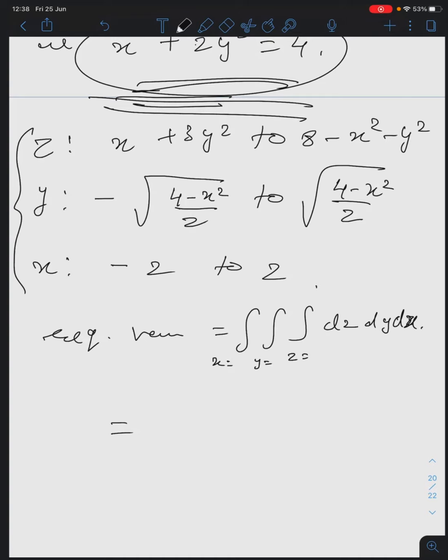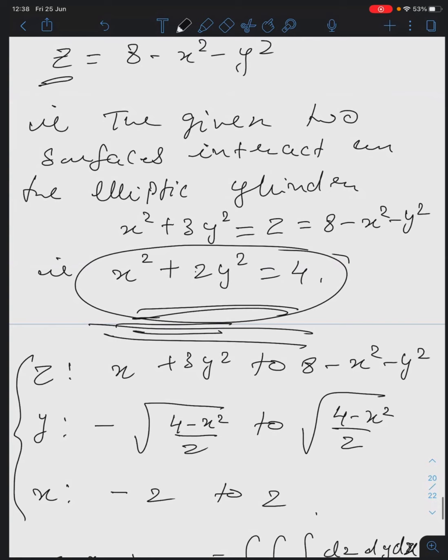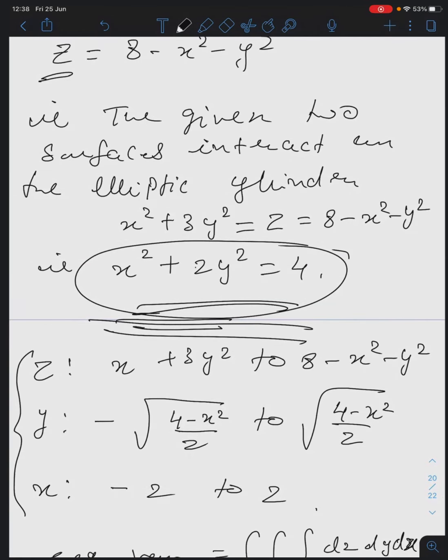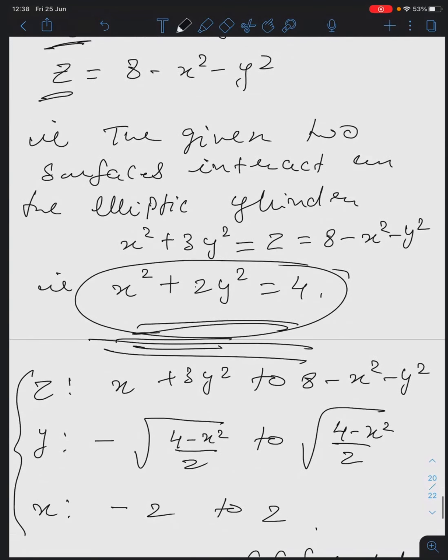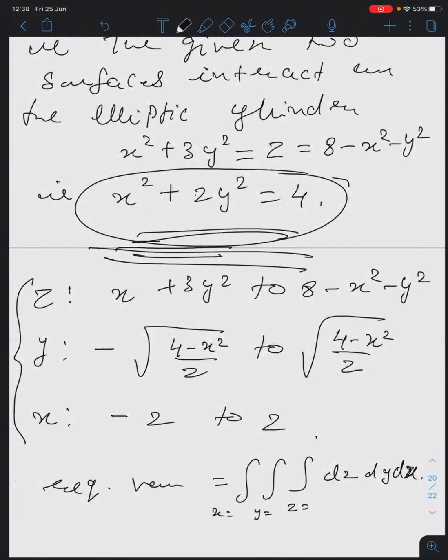Nobody else did this problem? No one else did this one? See, sometimes it may not be possible, because to draw all these things you should have good knowledge about curve tracing, which you have not learned at all. So at least based on the given curves itself, you can find the limits. Okay, anything else? No one solved this problem? Please at least answer.